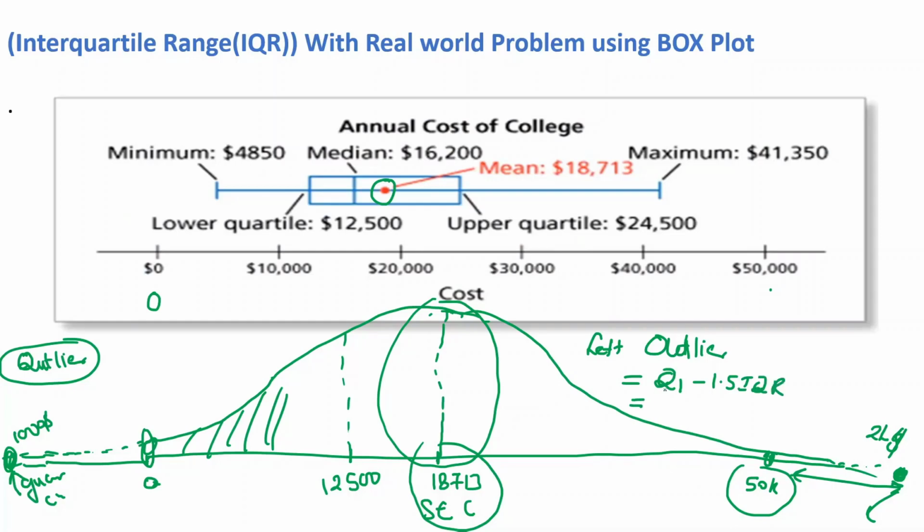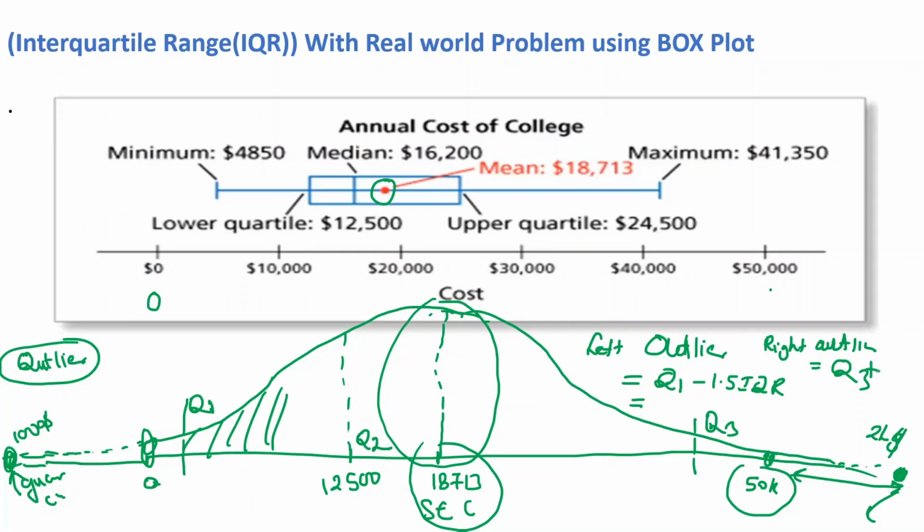It means, what is the Q1 we have? Q1 we need to calculate for this. So let's understand by using the previous example. This is your left quartile, and if we talk about the right outlier, how do we calculate the outlier for the right part? This would be your Q3. This point here is something where you will have Q3, here you will have probably Q1, and this is your middle value, which means Q2.